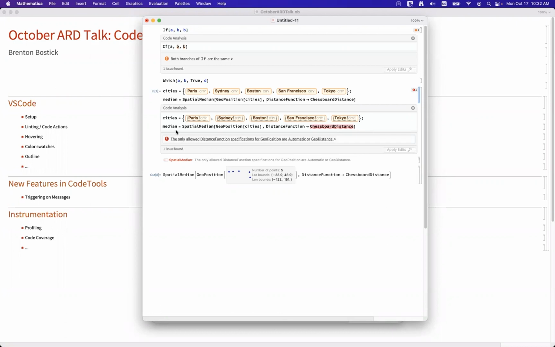And so I know when it's this message, whatever the spatial media, geodist, whatever, I know it's talking about the value of the distance function option. And so I can look and just highlight that. So this is really not giving you any new information. It's not actually doing analysis, but this is a very good first draft, just showing you what the idea would be. But in the future, what should be done is even more analysis and showing you,